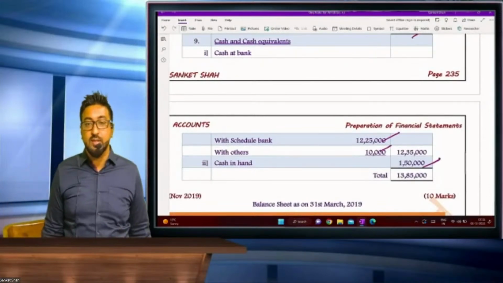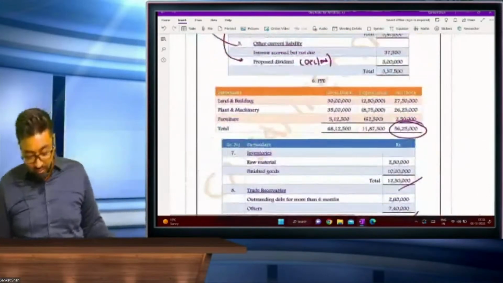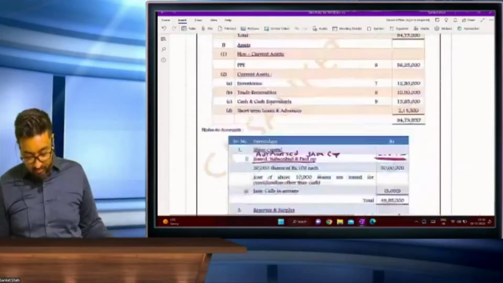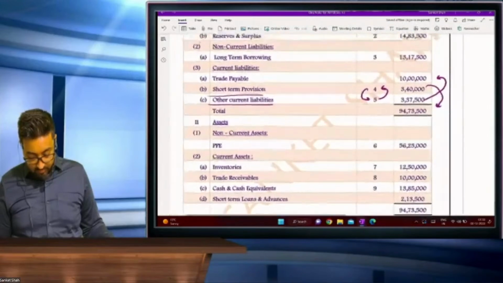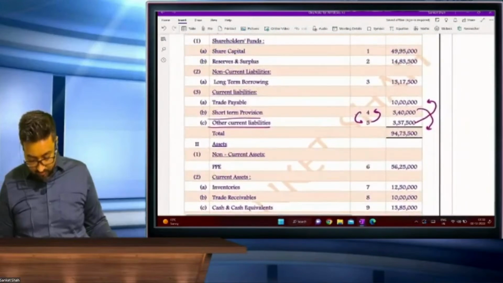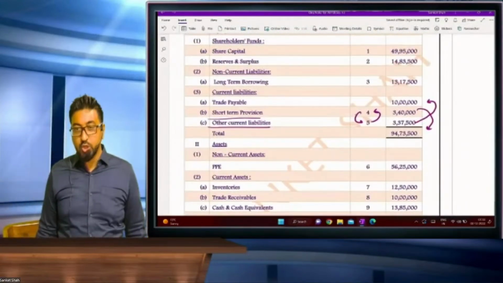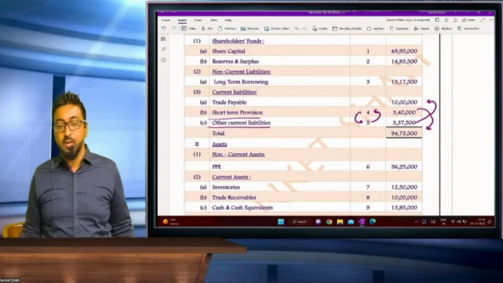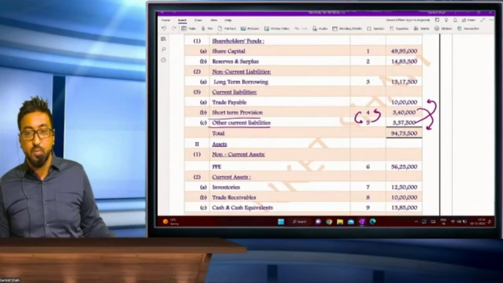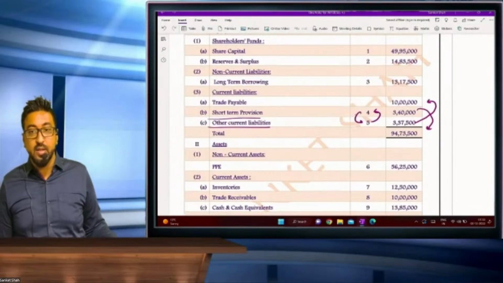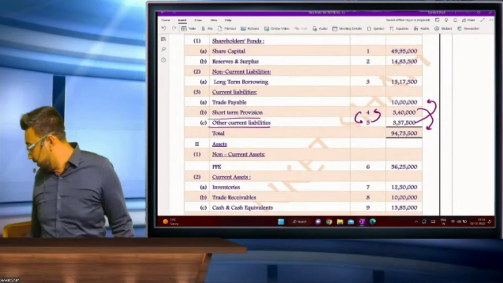So this is how you have to prepare your notes to accounts. So share capital, reserves and surplus, non-current liabilities, long-term borrowings, current liability, trade payable, other current liability and then short-term provisions. Your balance sheet tallies at